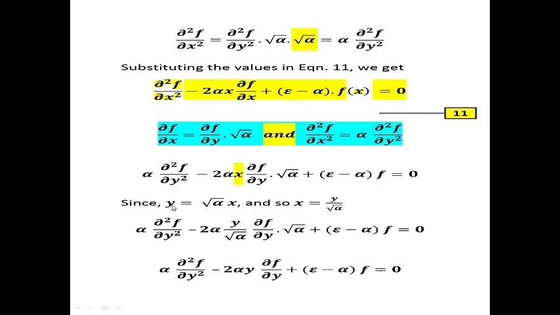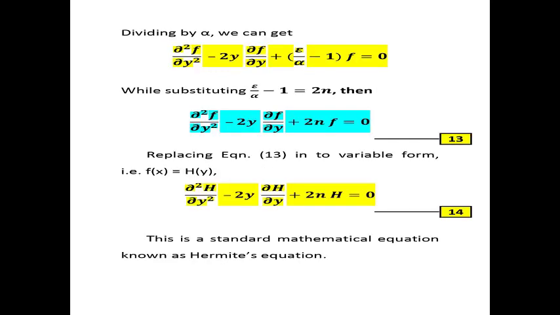So we already know that the term y is represented as root of alpha into x. So I can replace the term x with y divided by root of alpha, and I can get the equation like this. Now you find the term alpha is there with respect to the second order differentiation of the wave function f. Once I divide this equation with respect to alpha, I get the final solution of